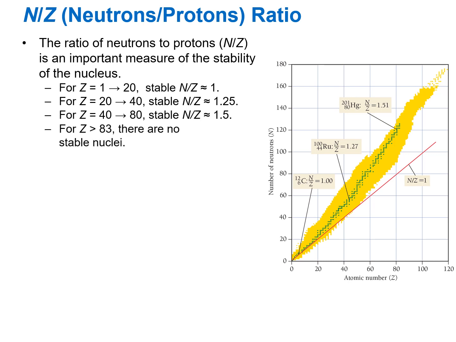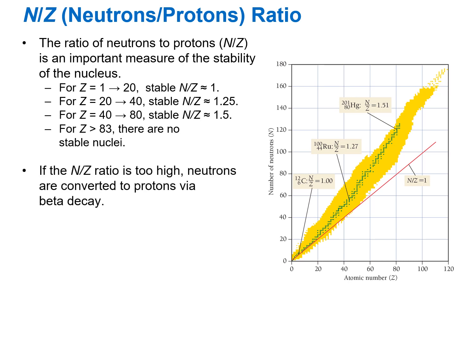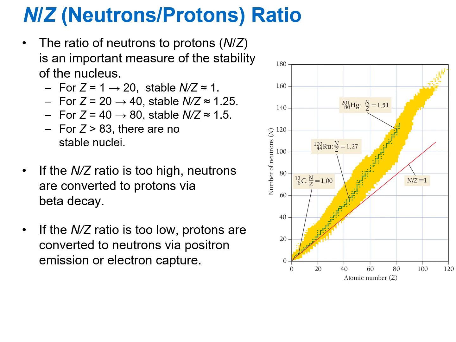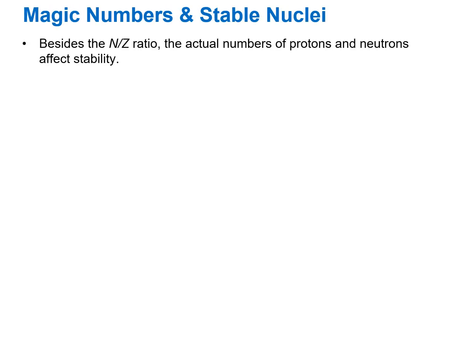But once we get to those elements that have more than 83 protons, there is not going to be a stable nucleus present. There's no stable nuclei. These nuclei are going to be the ones that decompose. This is where we see radioactive decay occurring, in these elements. So if the neutron to proton ratio is too high, then the neutrons get converted to protons via beta decay. Now, if the ratio is too low, then the protons get converted to neutrons via